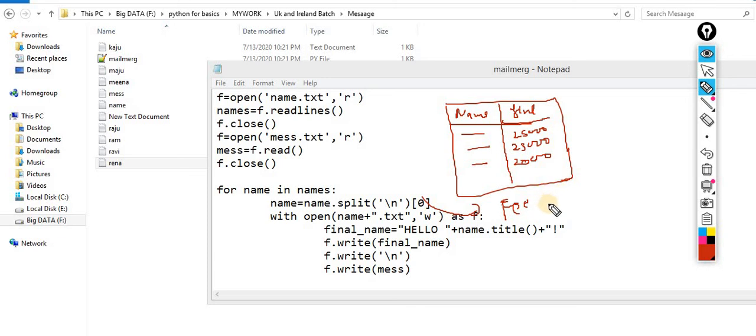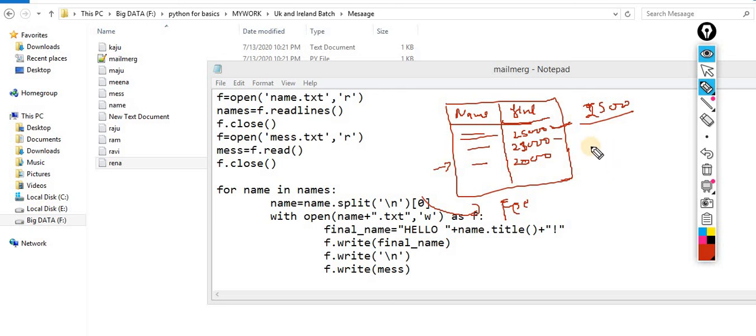So now what exactly do I have to do? My final fees is 25,000, and my target is, let's suppose, these 1,000 names. My target is that I have to send the mail to those who didn't pay the full fee. Now let's suppose Ravi gave me the full fee, so I don't need to send a mail to him. Here the fees is 23,000, that means 2,000 rupees pending. So I have to send him a mail.